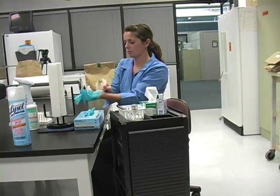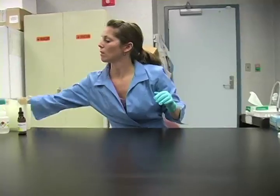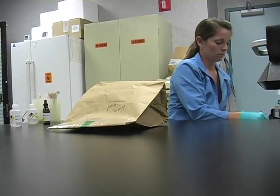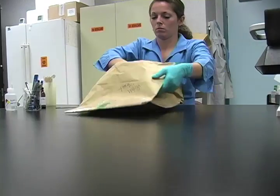I made it up to be a sexual assault case, and we're going to be screening the shirt for blood and semen. Getting the evidence. What we'll be using to screen for the blood is a phenolphthalein test, and what it